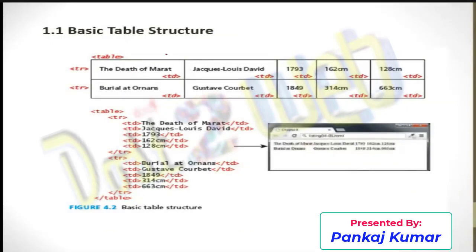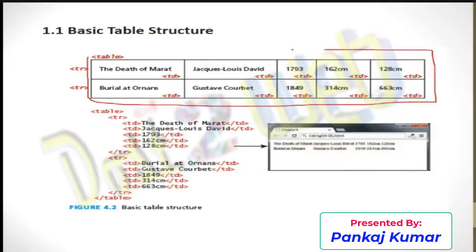I've created a simple table. In that you can see that I have a first row and I've defined it. So there is no header defined, right? So just two rows are there. Each row will have some elements. So first, what you are creating, this will be your complete table. So first is table. Then next you are creating a table row. This is your table row, and next again a table row. In this table row, what are the column data you want? That means TD. So one table data, another table data, another table data, another table data, like this, and it will create. So what is the code for this?